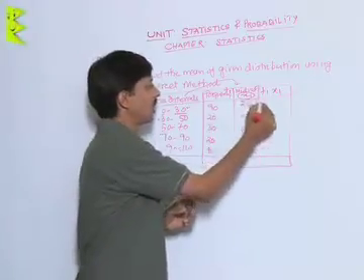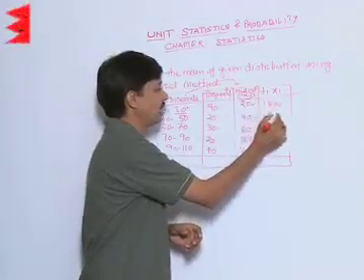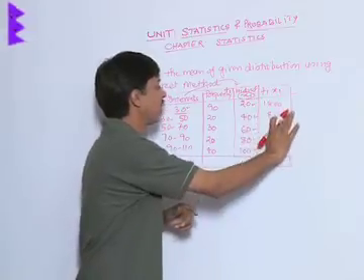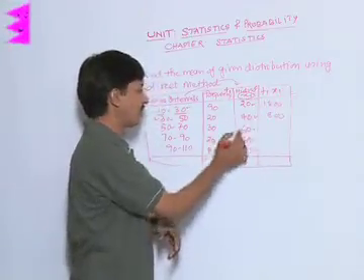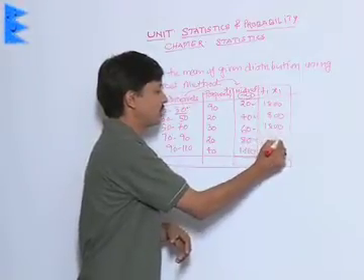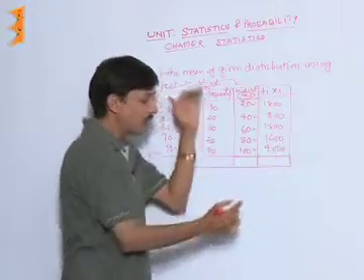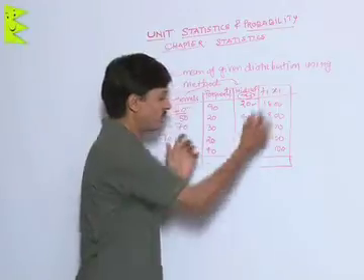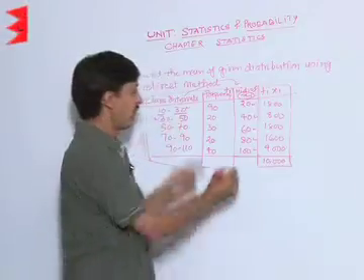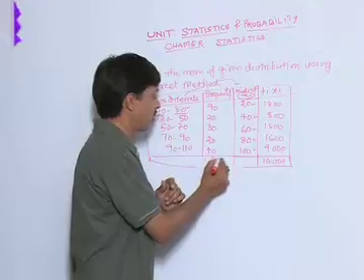So 9 times 2 is 18, this is 1800. Then 4 times 2 is 8, this is 800, sorry, 8000. We can say it is 800 because of the zeros, then 36 is 18, this is 1800, then 8 twos are 16, that is 1600, and this is 4000. Now we will calculate their sum. What is their sum? This value comes out to be 10,000. And what is the sum of all frequencies? The sum of all frequencies in this problem is 200.